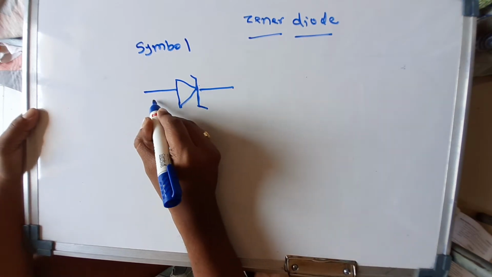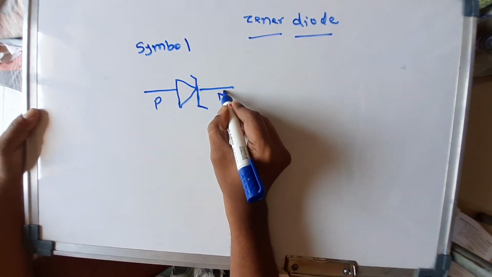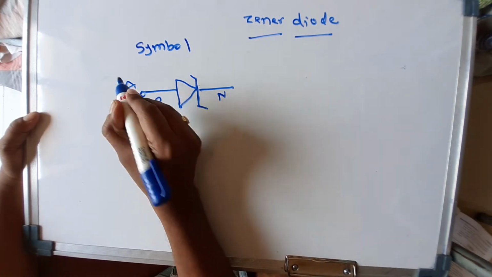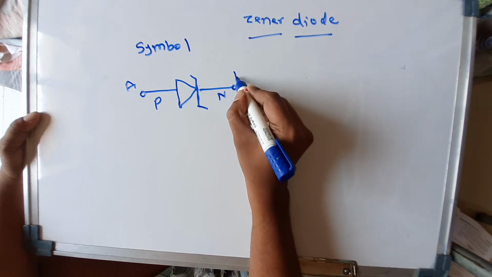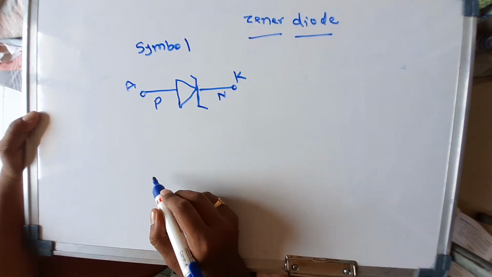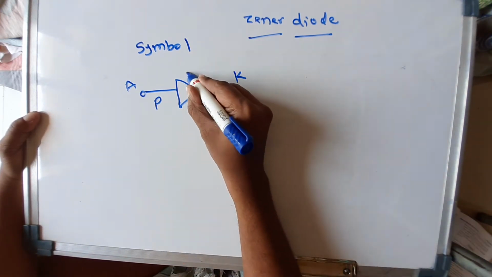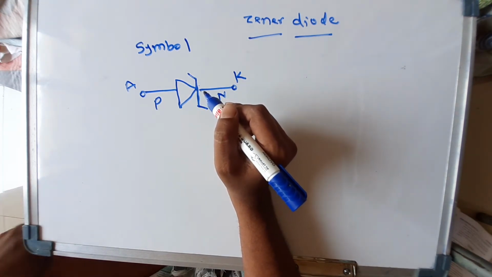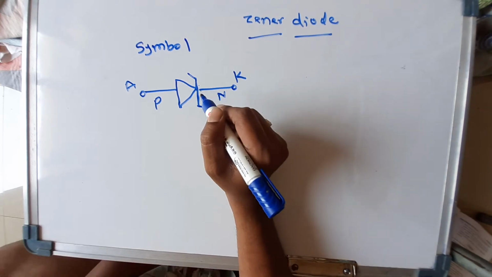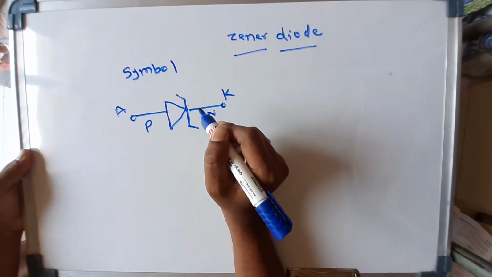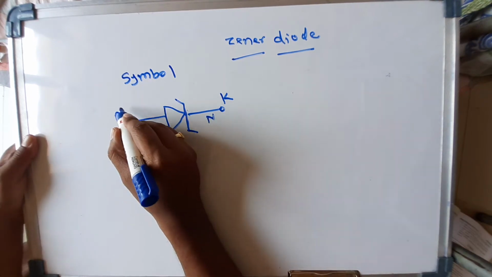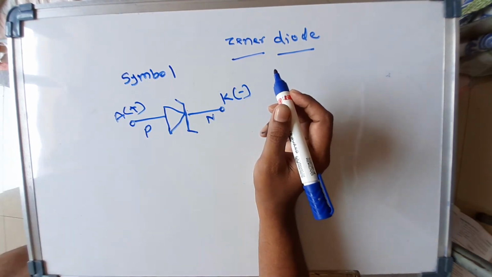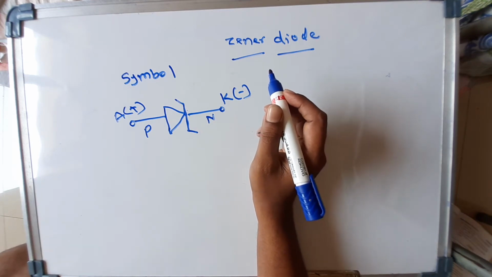So always remember, this is a P, this is a N type of semiconductor. P type has a anode terminal, N type has a cathode terminal. Okay, so this arrowhead is there. That will be the main difference between the PN junction diode and the Zener diodes. Okay, now here this anode is positively charged, while that cathode is what? Negatively charged. Already we have studied in the first lecture.